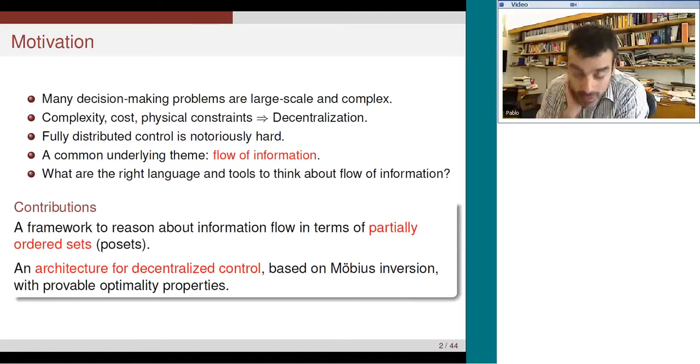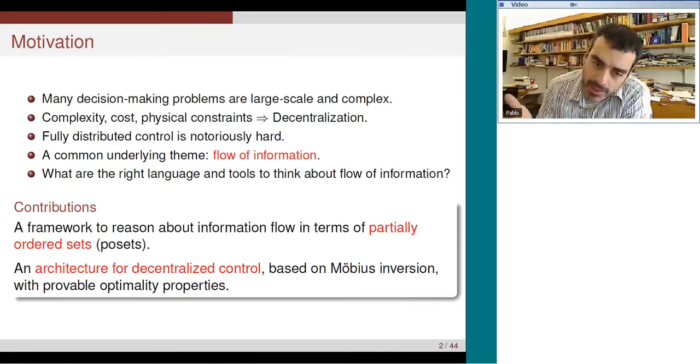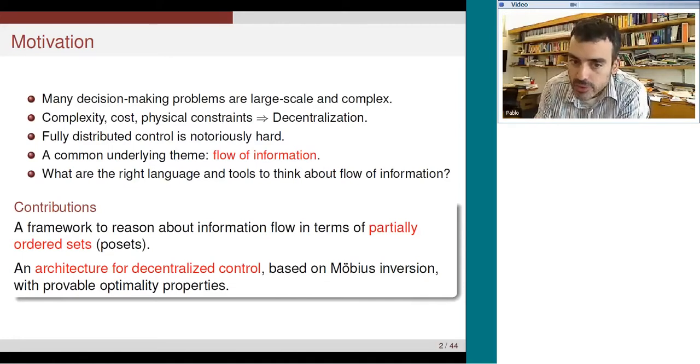So what are the specific contributions? What I really want to tell you about is, on the one hand, our modeling language, or our way of thinking about this, which is in terms of partially ordered sets. And again, many of you are familiar with these notions, but hopefully it will be fairly self-contained. And if you want the technical part of this work, which I think is very interesting and has a lot of